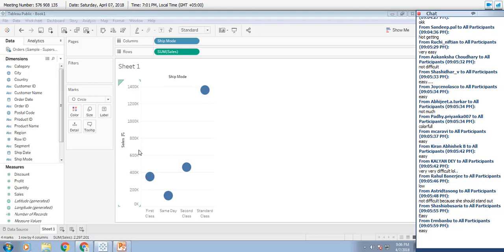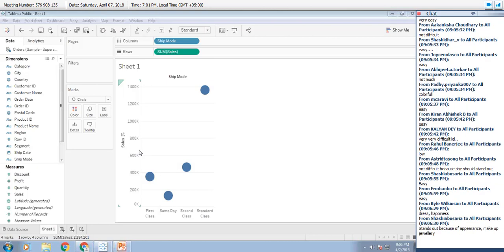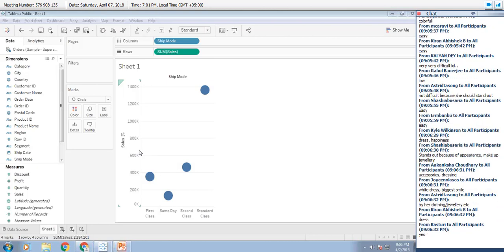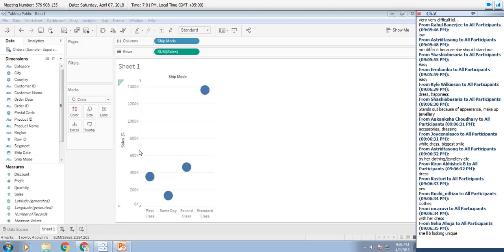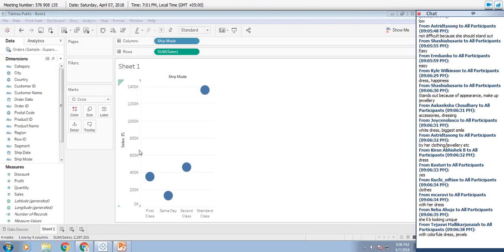How is she made jubilant? The dress and the makeup, her clothing, right? And the jewelry, everything is out of the world, right?